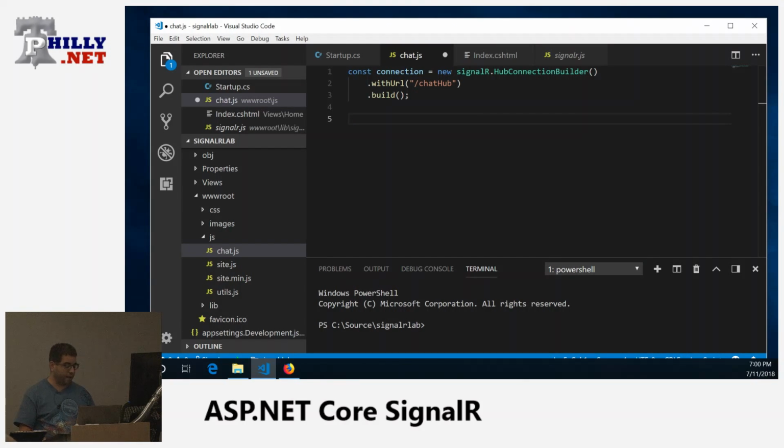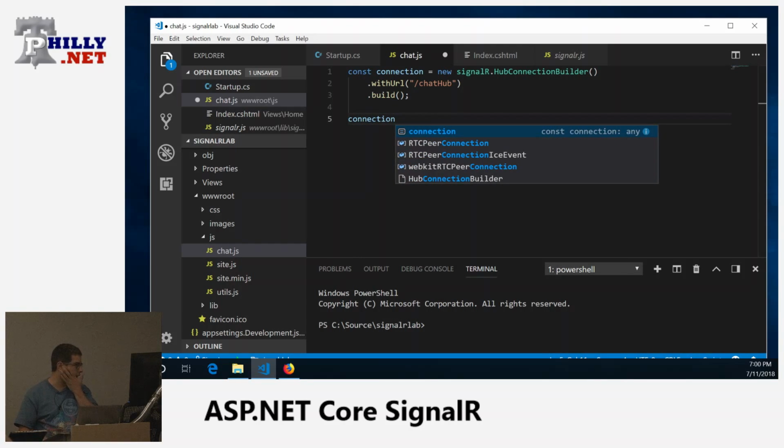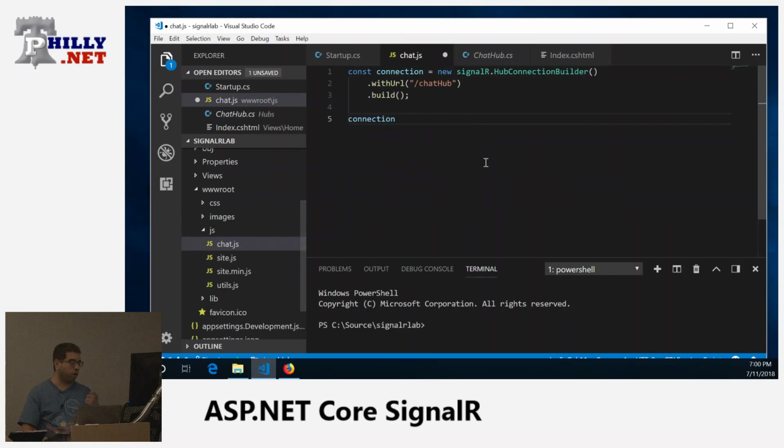So now what we're going to do is, remember, if I go back to the hub, and I'm just doing this to show you, remember we said that we were going to call this method receive message? That method doesn't exist right now in JavaScript, but we're going to create it. We don't create it quite the way you'd expect. We don't just create a method called receive message. You might remember that from